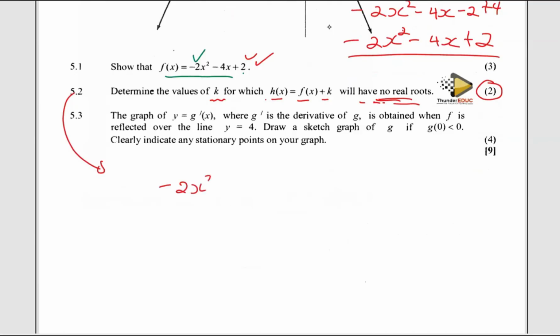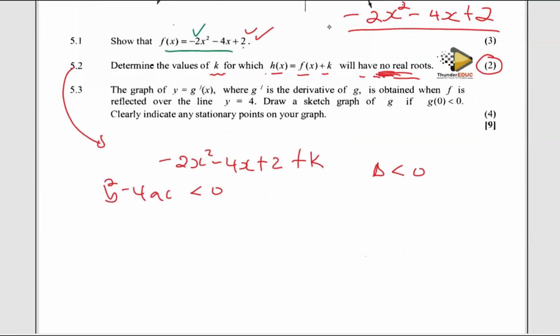minus 2x squared minus 4x plus 2, saying we are adding a k. For it not to have real roots, the discriminant must be less than 0. So b squared minus 4ac is less than 0. Our b is -4, we square that, minus 4, our a is -2, and then our c is the whole of this, which is 2 plus k,